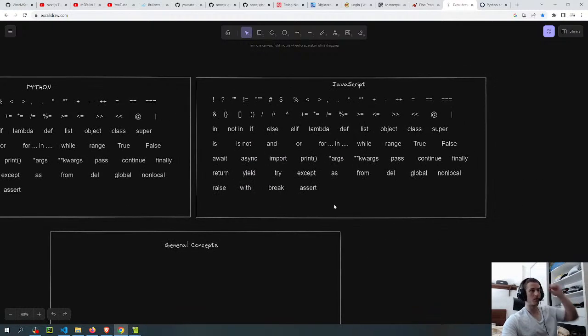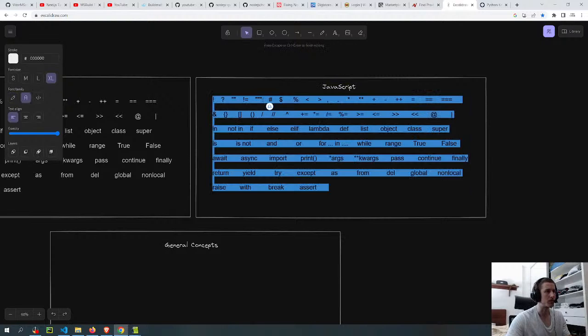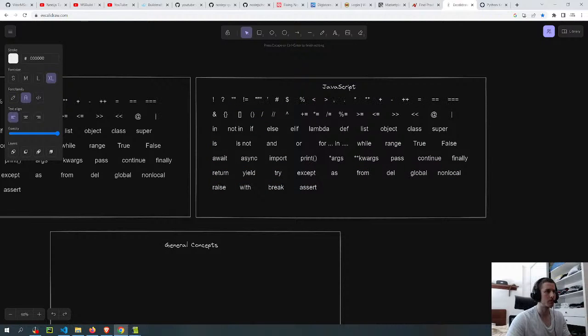So now focus on this. I think the operators are pretty much all the same. I should put one single string here as well. Like this. Or maybe I'll just put one.